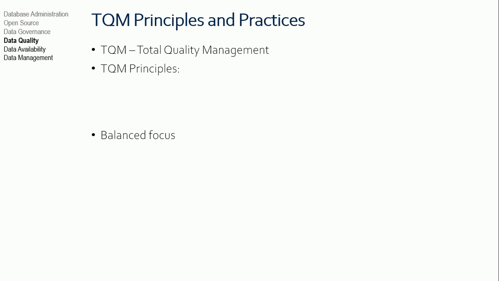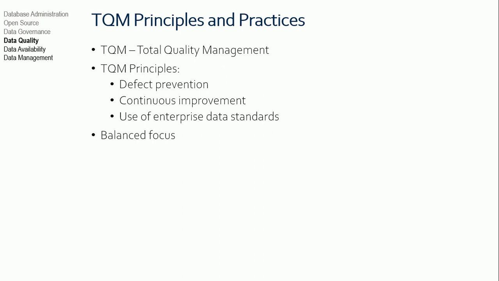I talked about TQM earlier. What exactly is total quality management? Basically, you've got three principles. You want to prevent defects, you want continuous improvement, and use of enterprise standards for data. Those are the three pillars of a total quality management policy. And it should be a little bit pragmatic, right? It should be focused on the customer or the user or the product or service, and have a strong foundation of measurement. In other words, how do we assess the quality of our data? How do we measure to make sure that we are meeting some guidelines or some metrics? And again, we want to be pragmatic about our data quality.